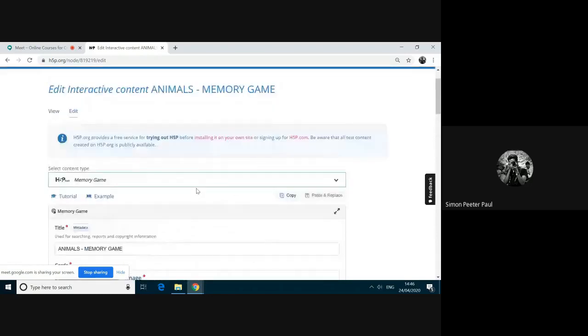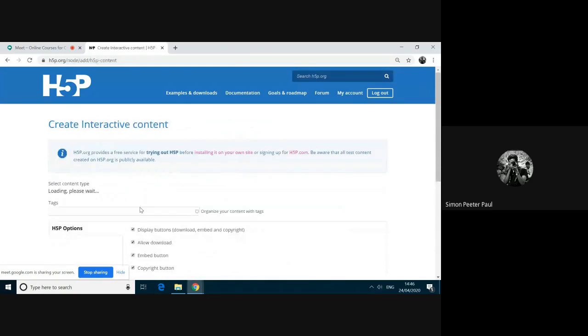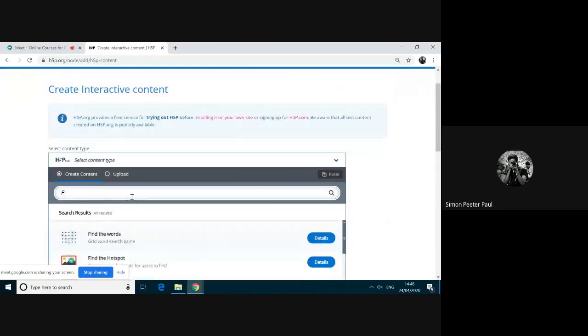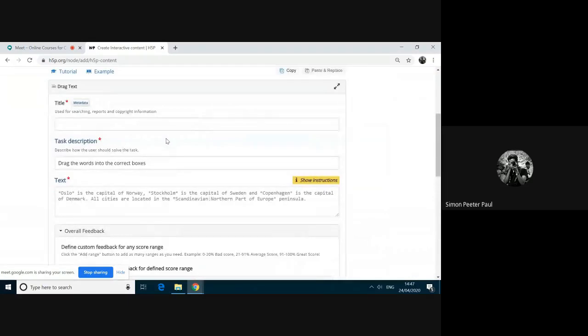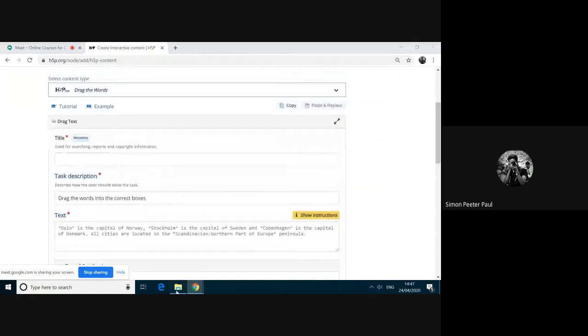Now we are going to try out one more tool. We are going to explore the tool Drag the Words. Here, I'm going to give a title.